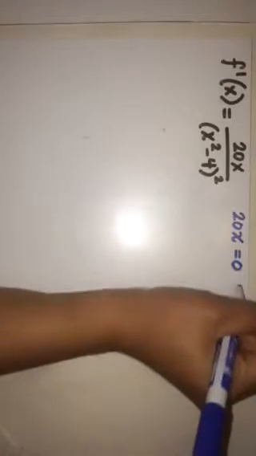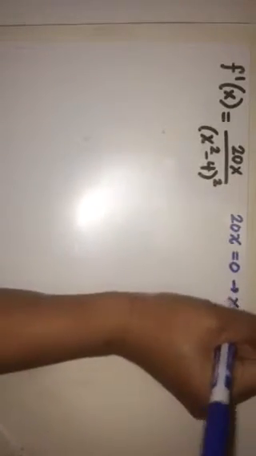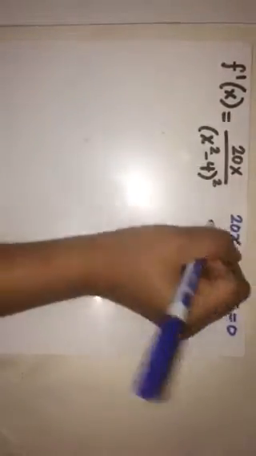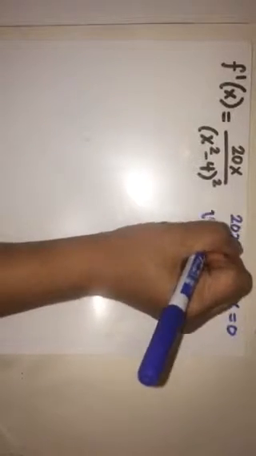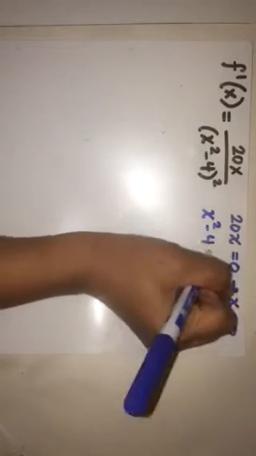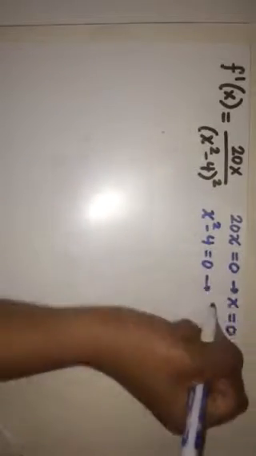To find the intervals of increase and decrease, we need to find the critical numbers of the first derivative. So to do that, we make both the numerator 20x equal to 0, which gives us x equals 0, and also the denominator equal to 0. And that gives us